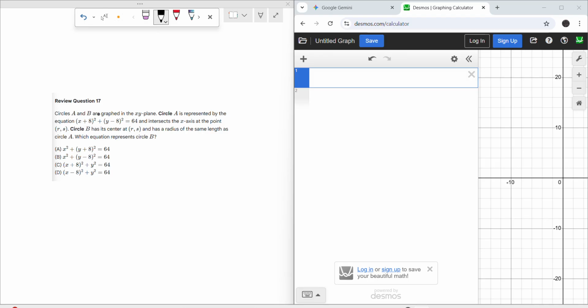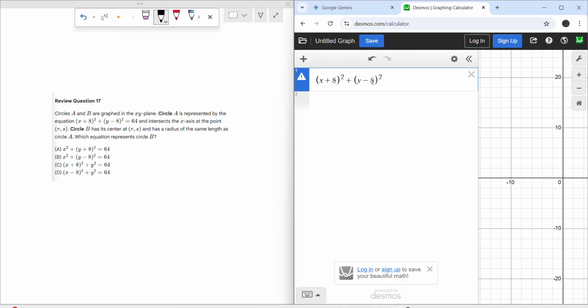Today we got this question of circle, and let's do this question. Circle A and B are graphed in the xy plane, and circle A is represented by this equation. Let's just write it and see the circle: (x + 8) squared plus (y - 8) squared